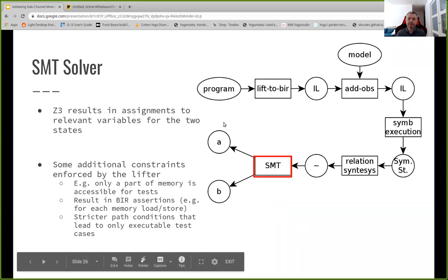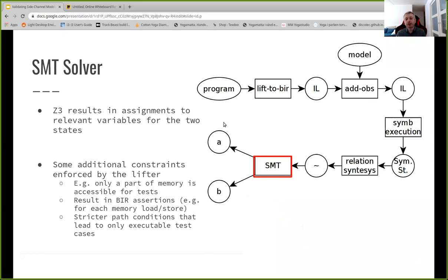Okay, so this gives us basically two states that we can use for the test. In practice, we need to add some additional constraint during this process because, of course, we cannot generate completely random states. For example, we would like to avoid buffer overflow. We will only use a region of memory available for the test because we have a limited amount of memory on